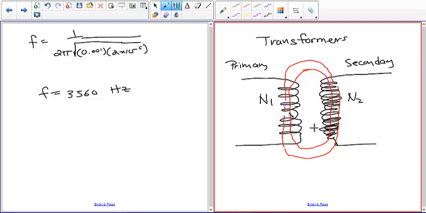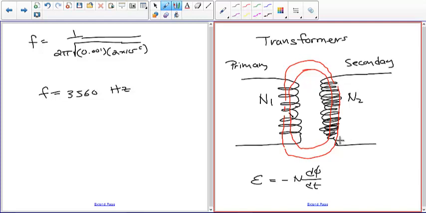So the secondary loop is going to see the changing magnetic field that the primary loop causes, and because the magnetic field strength is the same all the way around this loop, you have the same changing magnetic field, but you have more loops. So Faraday's law says that the electromotive force is equal to negative N times d phi dt. So if we have the same d phi dt and you change the number of loops, you're going to change